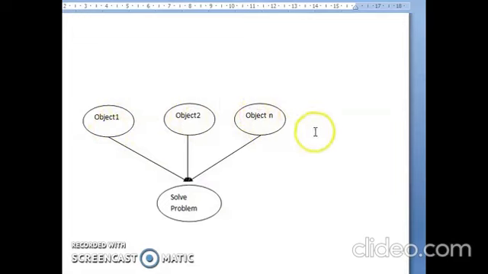And these objects collectively help me in solving my main problem. So I am not using a top-down approach, I am using a bottom-up approach. The problem is solved with the help of objects. So this is the bottom-up approach, and a structural programming language uses a top-down approach.